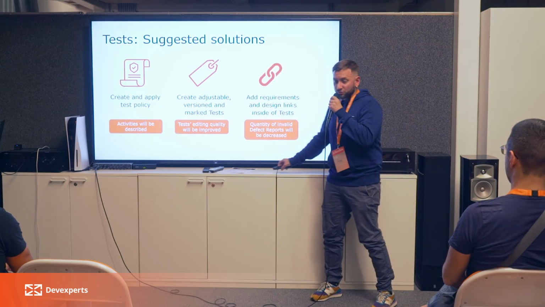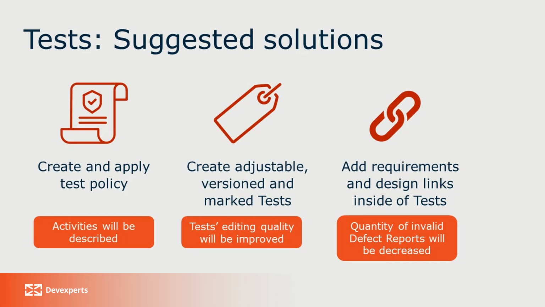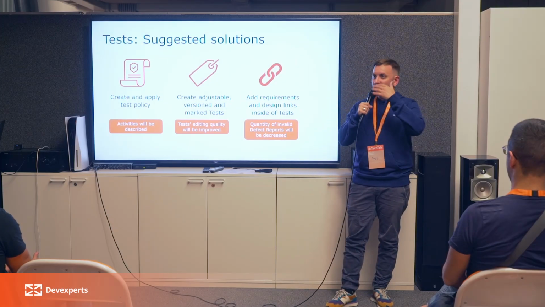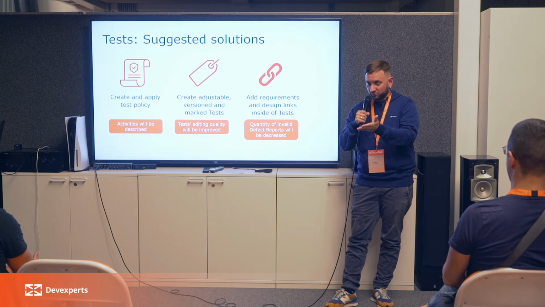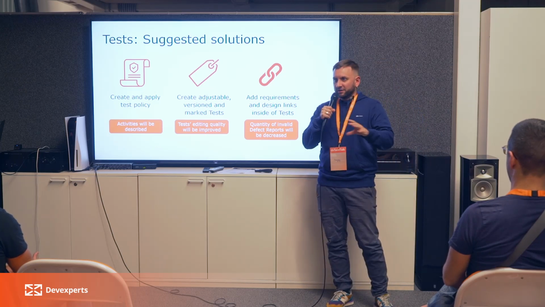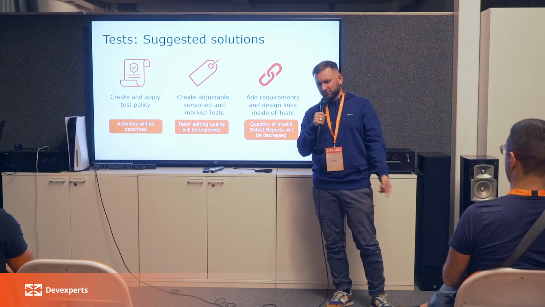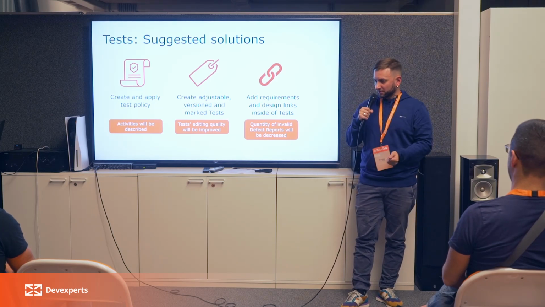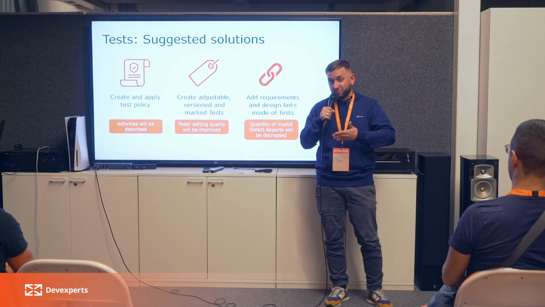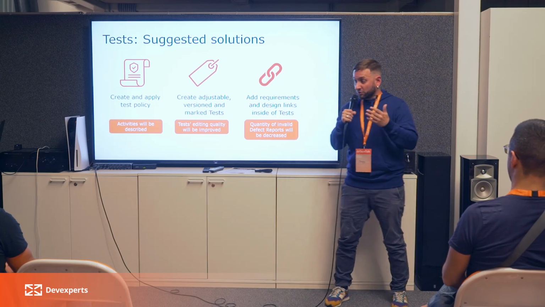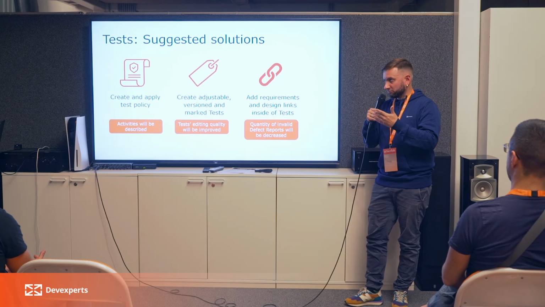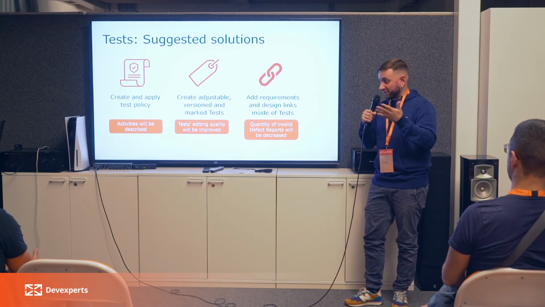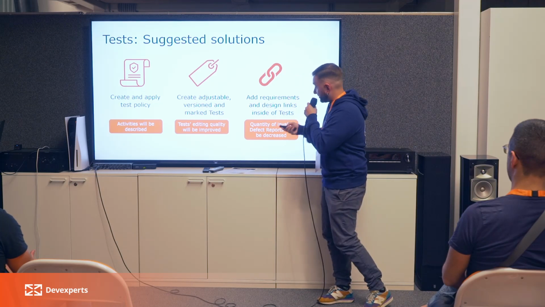And the last thing is related to the links. So let's imagine we didn't update our test somehow by some accident. But if our test contains a link to some real specification, like up-to-date design, the newest design, and you are trying to create a defect report, you are clicking on it, and after that you are opening the design, and you can see that the current solution is the same as required, but someone didn't update the test. So it really can help, but only if requirements or design are really updated.